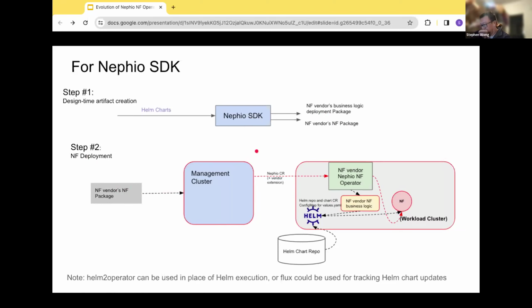That contains the Nephio CRs, and the vendor extension CRs would be loaded, and then the network function operator is already running. At that moment, there's some business logic that I would argue you want to be a little more pluggable. Because we're building an SDK, obviously we want to look at this piece of logic as something that you can easily plug in, and whatever the mechanism, it could be part of the operator itself. But this is the separation, because from an SDK perspective, building the logic of operators is something that is sort of separated.